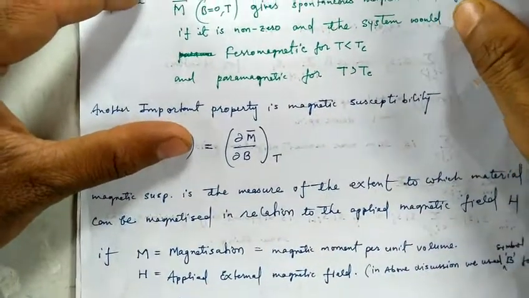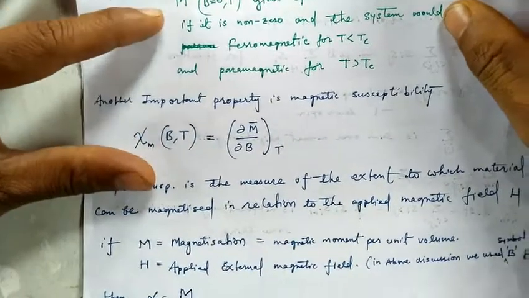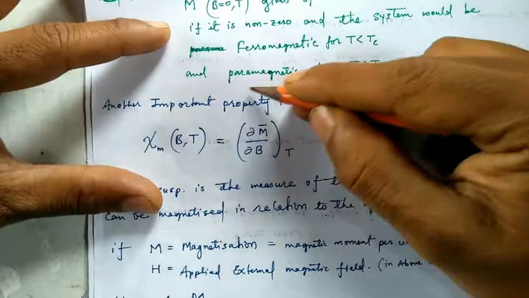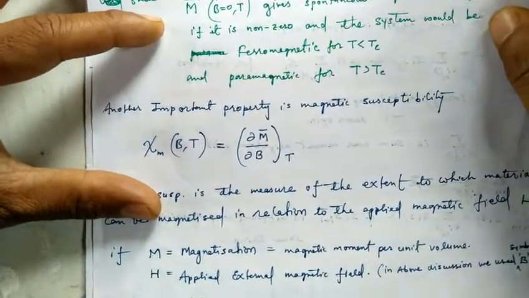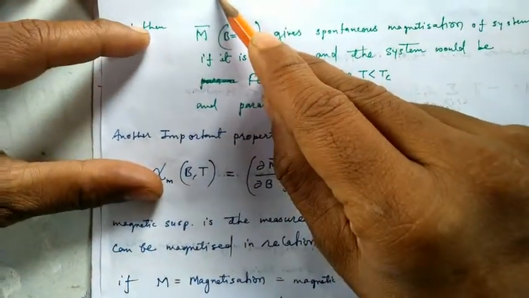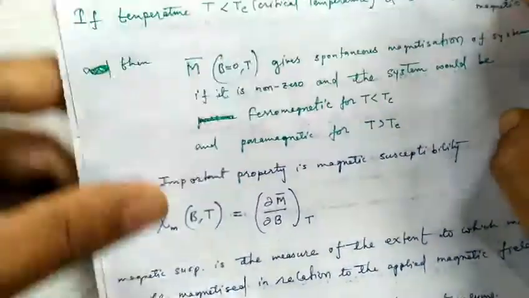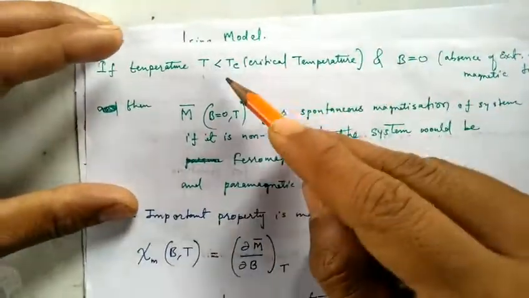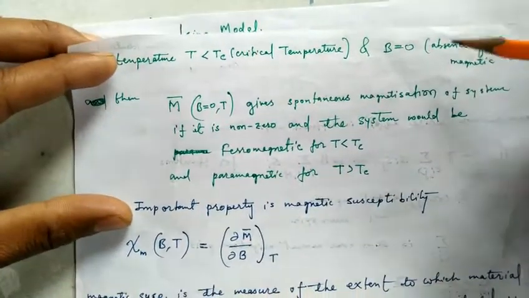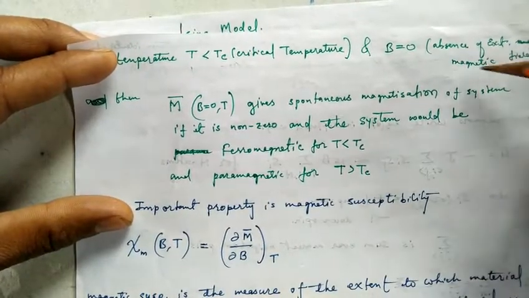Now friends, let's see how the Ising model explains the phase transition. Here we will see how it changes from ferromagnetic to paramagnetic. So let's see it. If the temperature T of our system is less than the critical temperature Tc, and the magnetic field that is being applied to the lattice is zero, that means in the absence of external magnetic field,